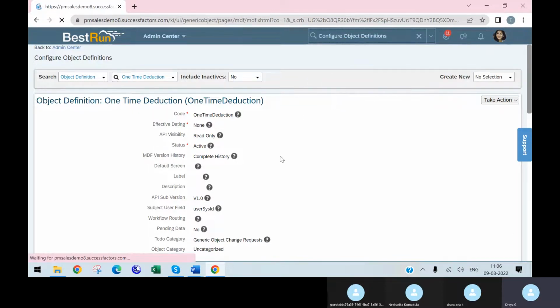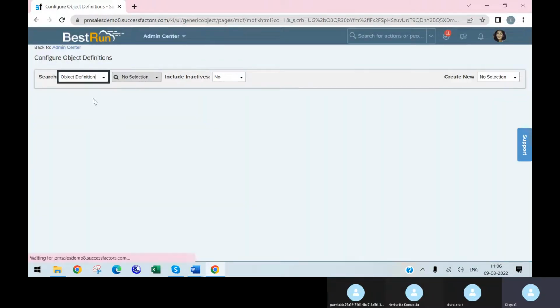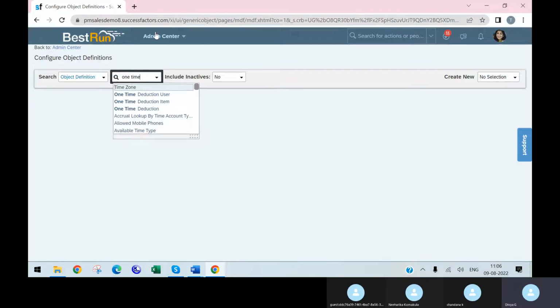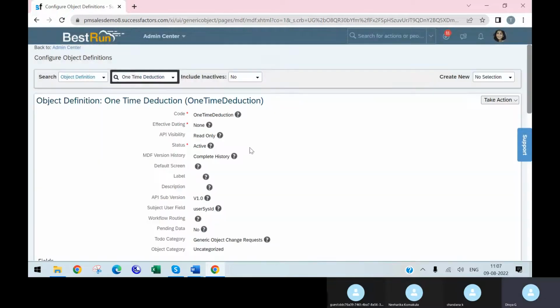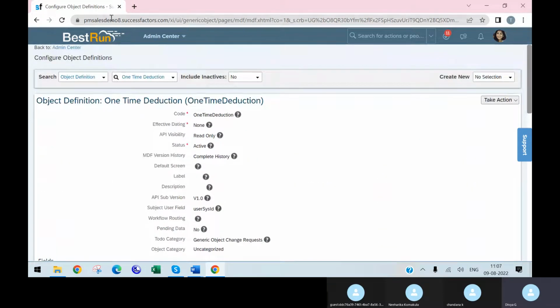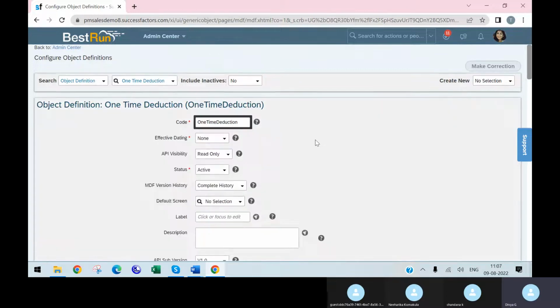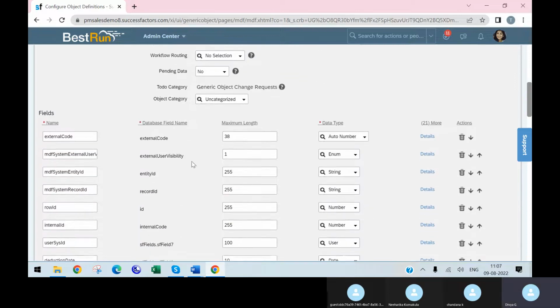So what I have done is I have gone to configure object definitions. Here in configure object definitions, we'll have one-time deduction standard one. This is the standard one that is available. We can use the standard one. And after creating this, if they require any changes, we'll go here and make corrections. And here, if you see here,